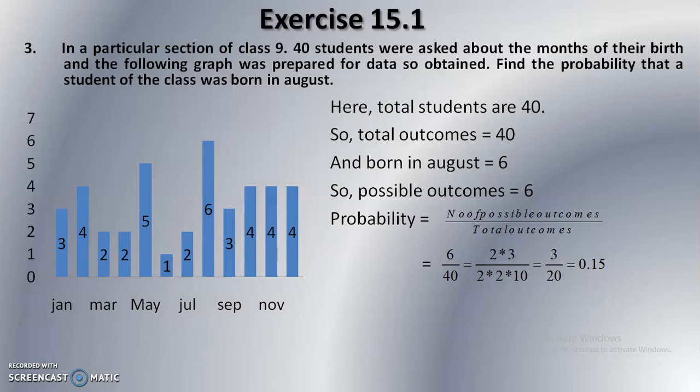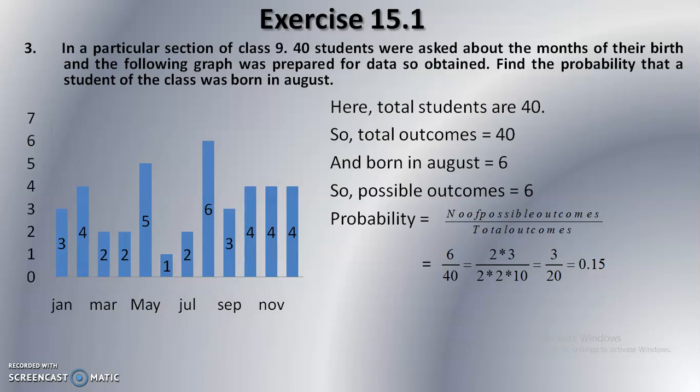You should first of all check this one is a graph, right? So over here, July, then August, and there are 6 students, right? So, starting the answer here: total students are 40, means total outcomes 40, and born in August 6, means possible outcomes 6. So probability equals number of possible outcomes divided by total outcomes equals 6 divided by 40